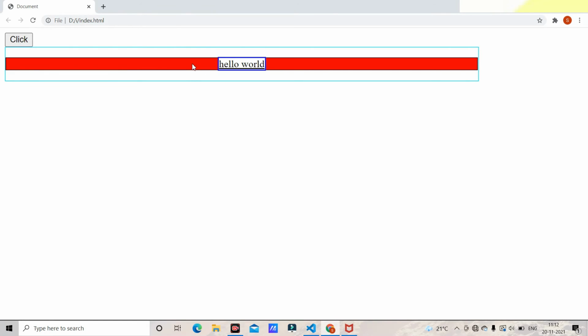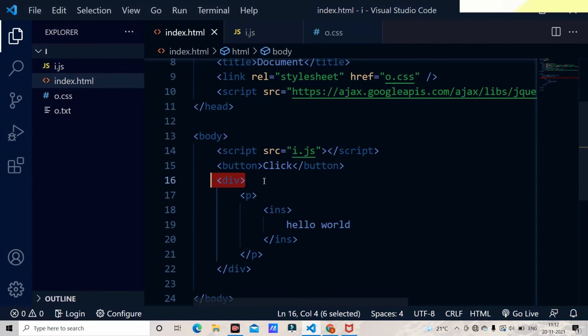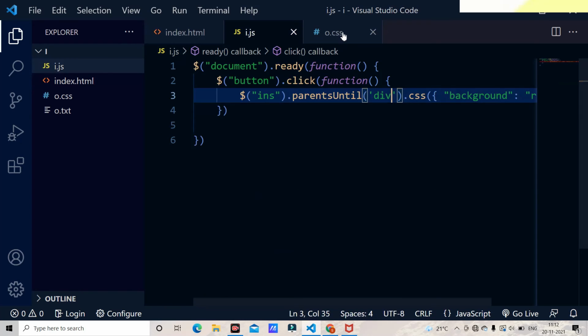Well, as you can have a look here, it got a red color because we have selected until div. It means whenever I select div, it is going to select every parent which is under the div, and whenever I select the body, it is going to select every parent until that body.